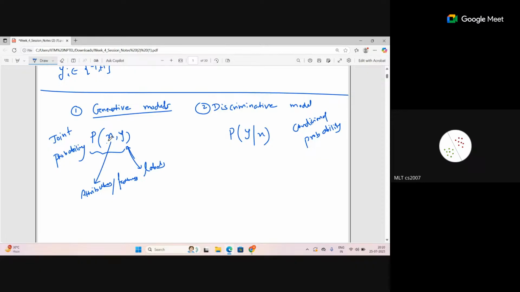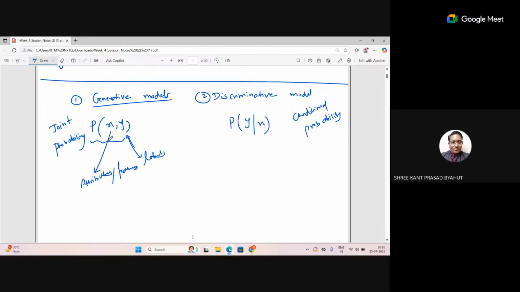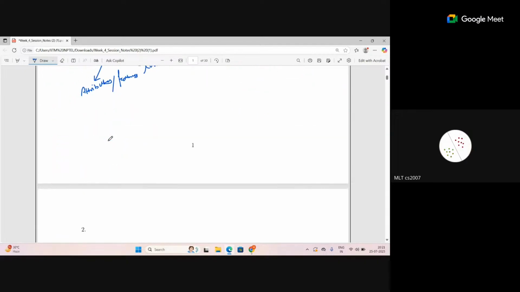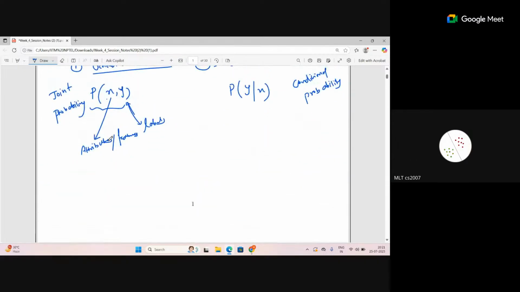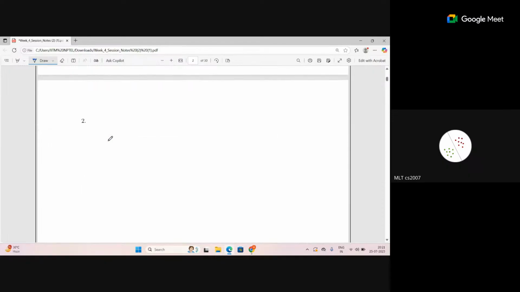So okay, maybe we'll take an example. At least one example of both of the same type. Yes, so we can do that, and then we'll try to understand from there. Fine. So I'll take the same example which is there in the lectures, and we'll try to discuss on that.